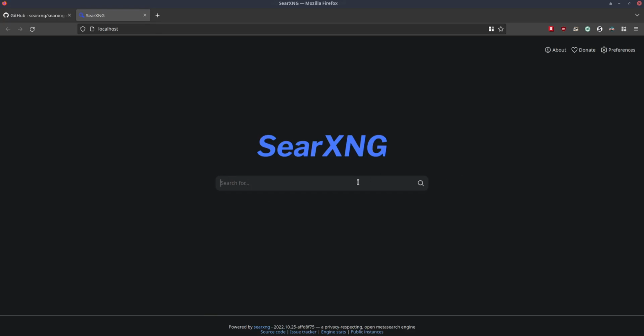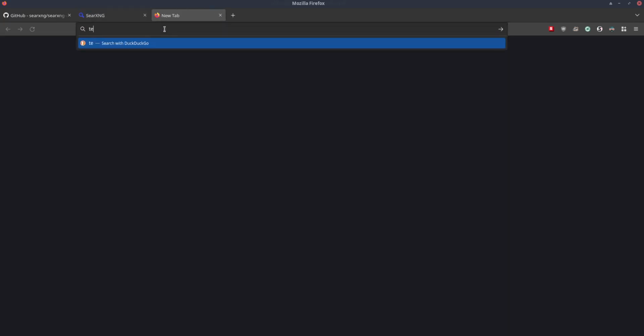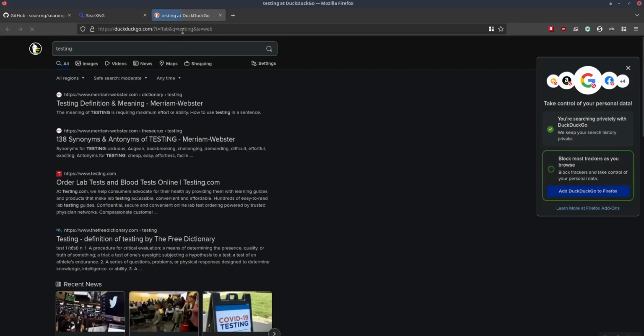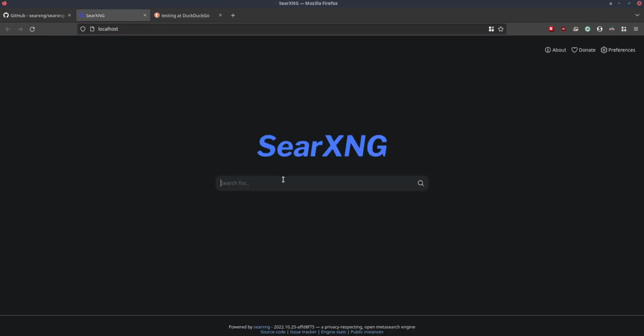And this is really cool. What's cool about searx-ng as well is that it sends everything as a POST request unless you specify otherwise. That's good security-wise for your personal computer. So all of your search parameters will be in the body of the POST request, so that'll be encrypted. If you were to do it like other browsers, if we do DuckDuckGo, for example, when we search testing, you'll note this is a GET request. So we have our search parameters in the URL above. But if you do it as a POST request,